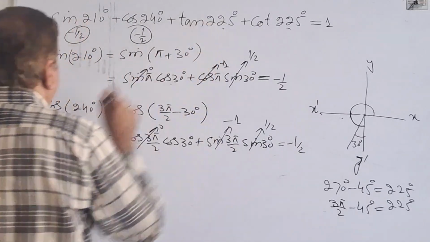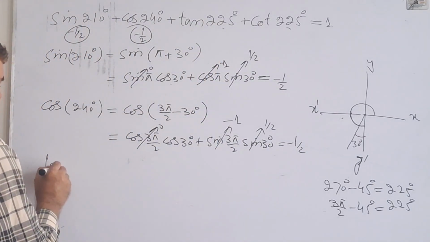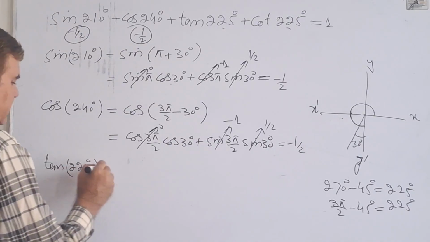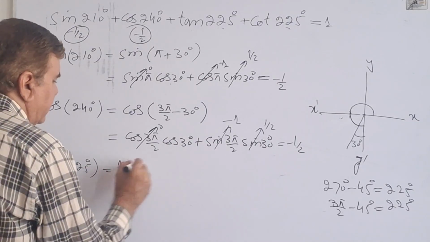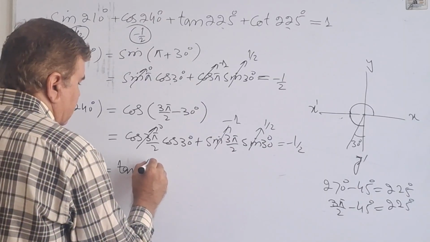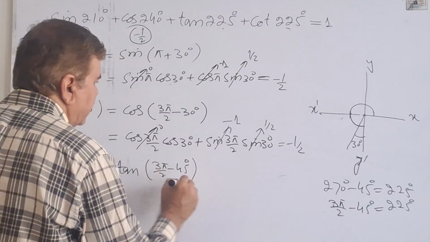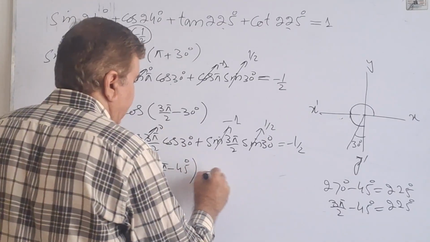So this term I can write as tangent 225 degrees equals tangent of 3 pi divided by 2 minus 45 degrees,